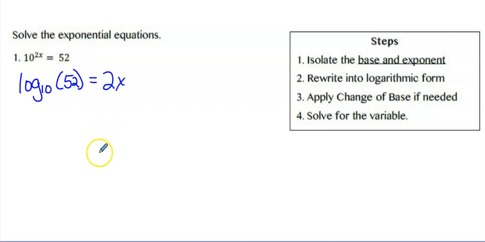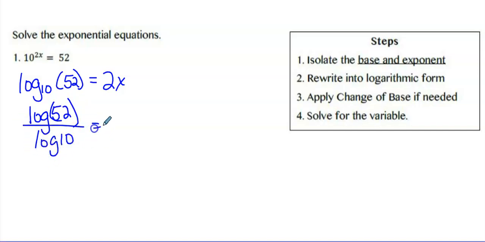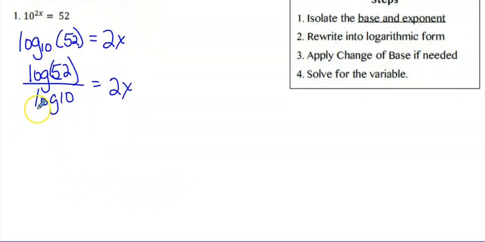equals 2x. So at this point, we need a number over here to be able to solve for x. So we're not going to divide by 2. This is not finding inverses. It's not the same as what we did yesterday. So we're going to use change of base formula to find this number, log 52 divided by log 10 equals 2x. So then we'll go over to our calculator and we'll get this number, and what I get when I round it is